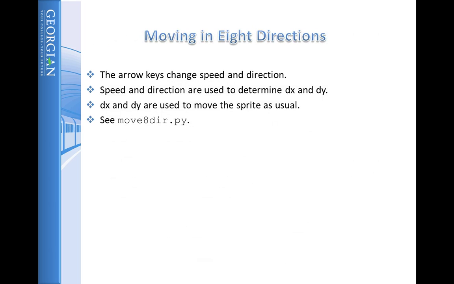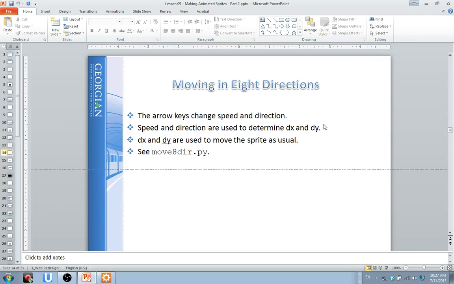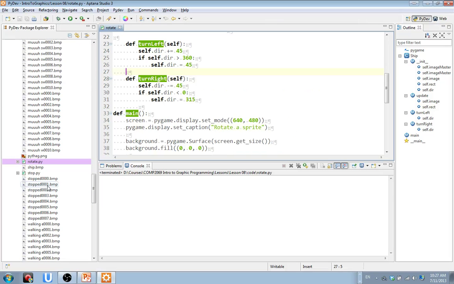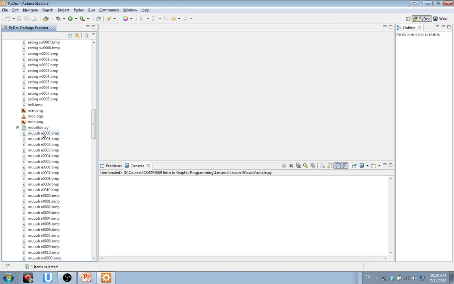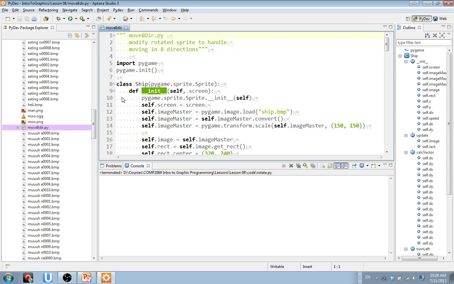All right. So let's take a look at move8directions.py to see how that works. Move8dir.py is what it's called. And again, this code archive is actually in your lesson 8 archive, because originally this lesson for animation and rotation was all part of one lesson. Okay, so here's move8directions.py,